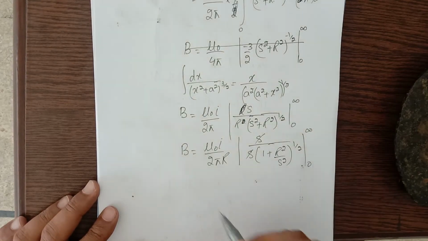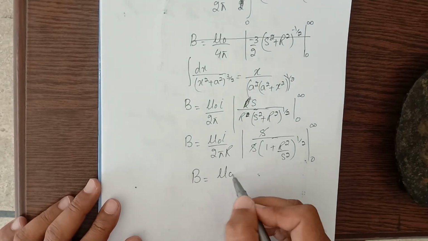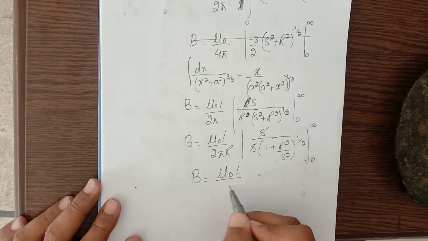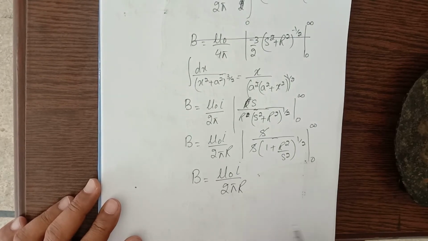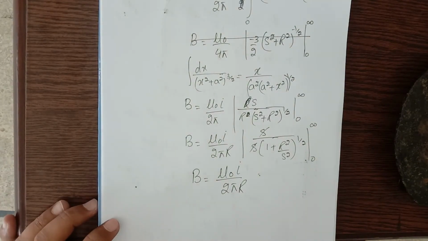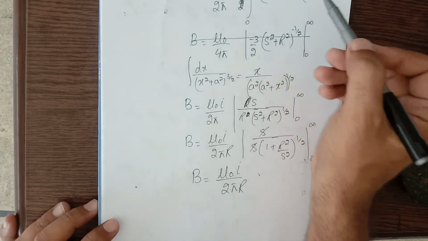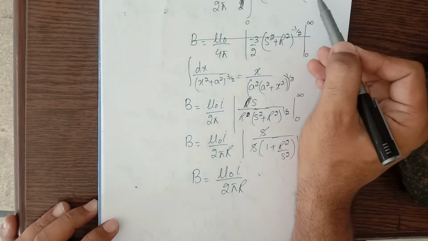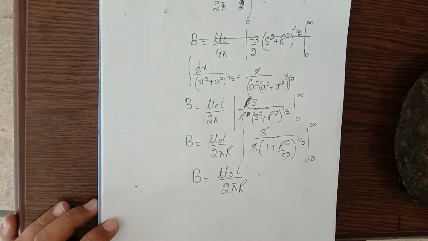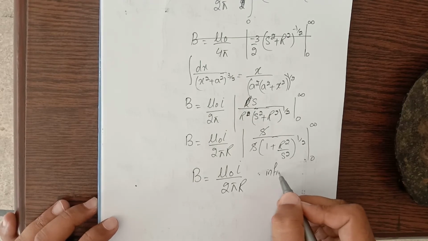So the result comes out to be that the magnetic field due to this infinite long straight wire is B equals mu naught I over 2 pi r. Once again, I apologize for the mistake over here. You cannot basically take this as 2r as the integration was on ds. This is due to an infinite